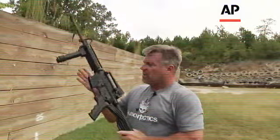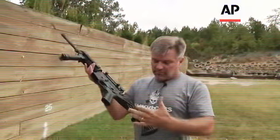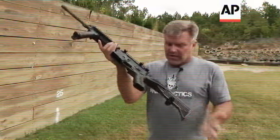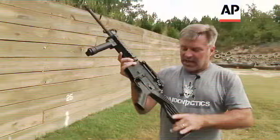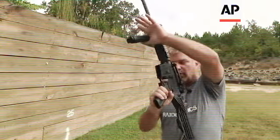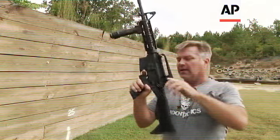So the bump stock itself is an attachment that replaces the buttstock of the rifle. It has a locking mechanism here that keeps it in a fixed position so that it can't go forward here. But you see how easy it moves? Any little force will move it. So if you put your finger over this and then push forward here, it basically will put your finger on that trigger, and with it